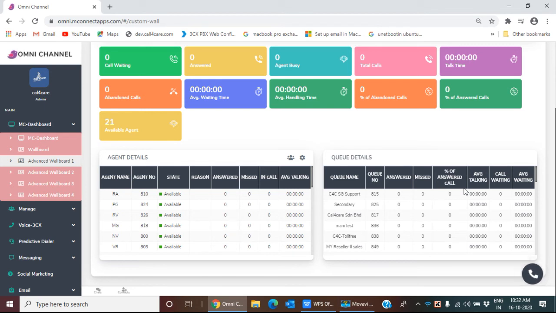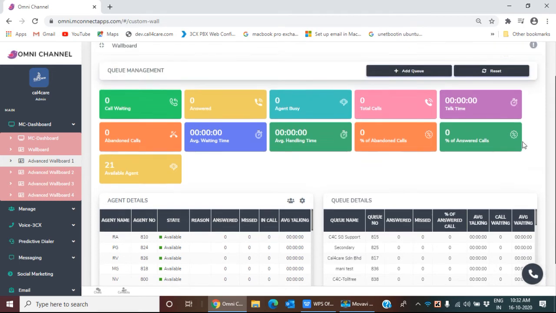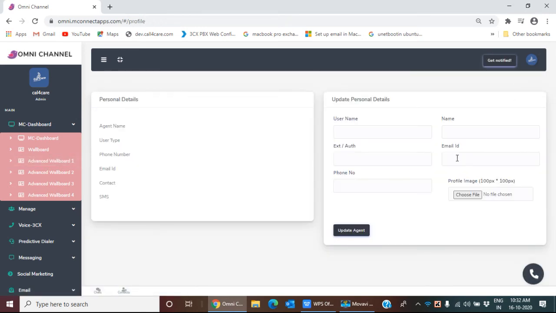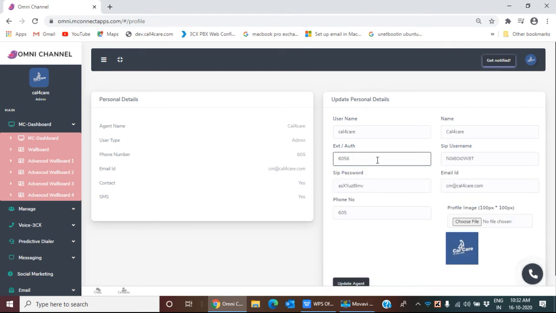Now I'm going to show you when an agent wants to log out of the queue, how he will be compelled to give a proper reason. So I am the agent now. I'll show my profile. Now I am the agent 605.